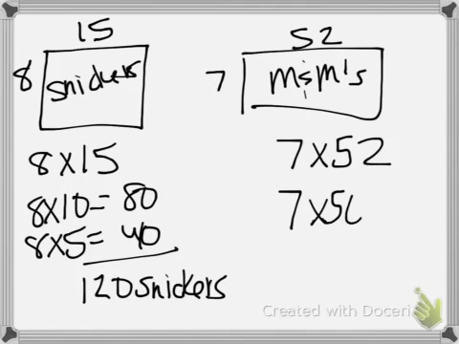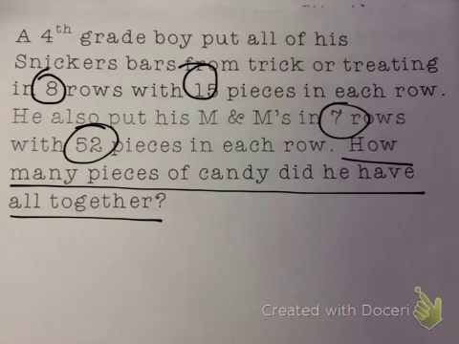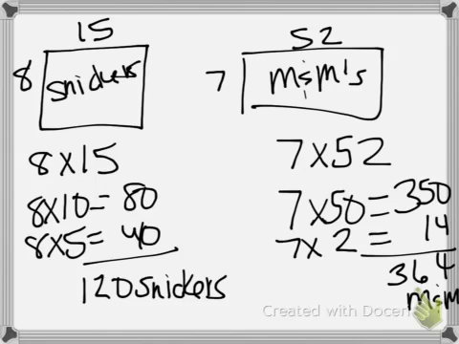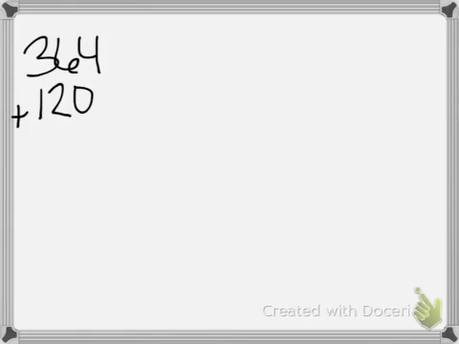7 times 50, 350, and then 7 times 2 is 14. They would add that up. So 364 M&Ms. Now we have to go back and read the question. How many pieces did they have all together? Well, all together tells us to add. That's an addition clue word. So I need to take 364 plus 120, because this is M&Ms